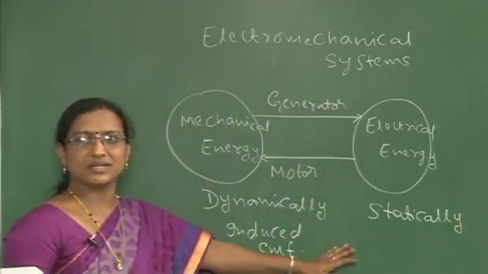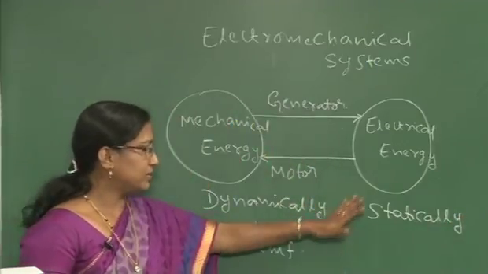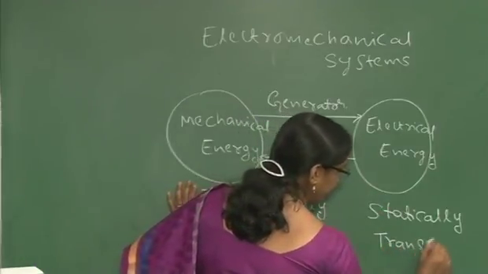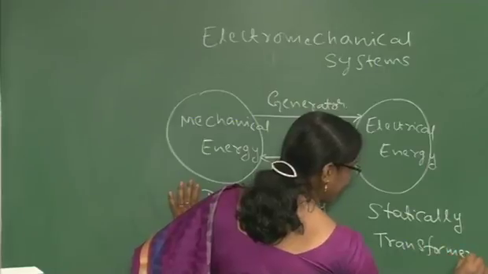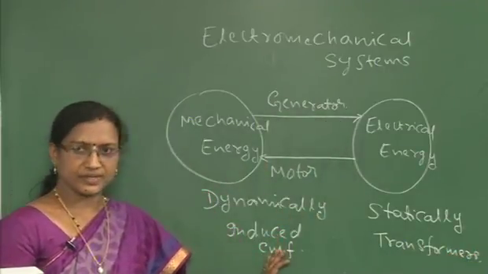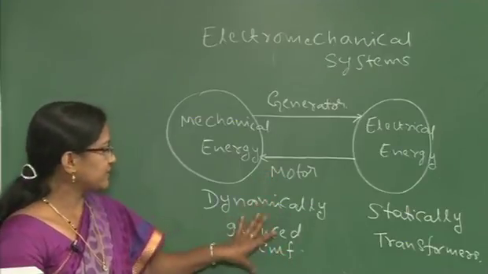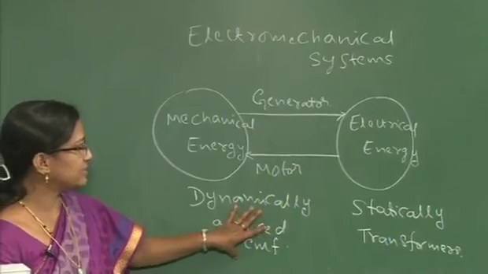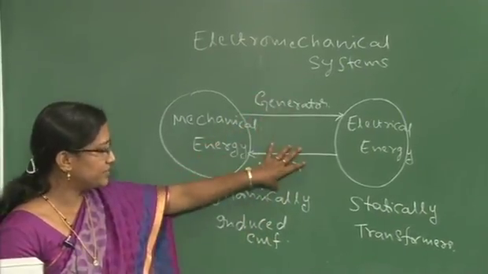This I have already studied in module 1. Under statically induced EMF, the transformer will come. Under dynamically induced EMF, all the rotating machines will come. Now, I will explain how exactly the generator and motor principle works with the dynamically induced EMF,